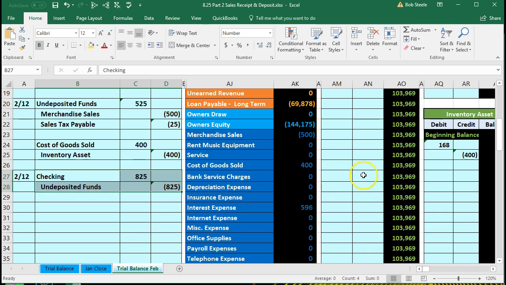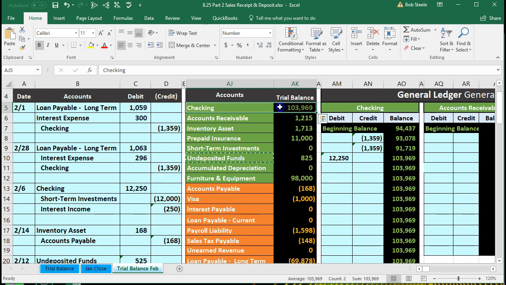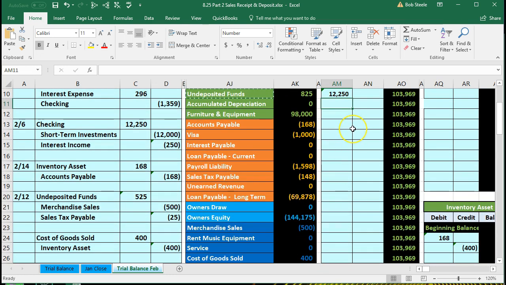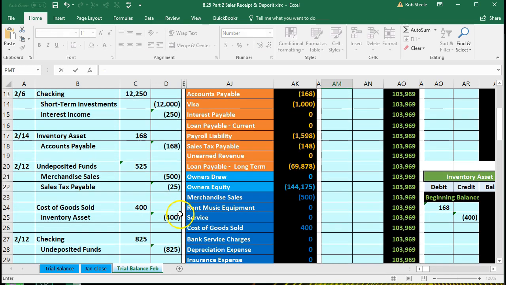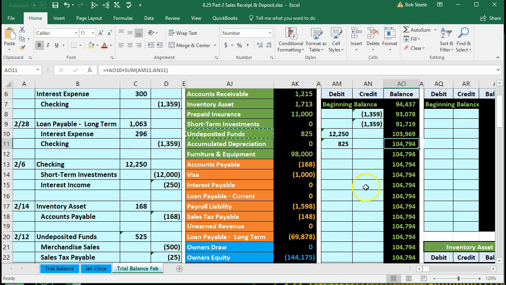Here's the checking account. So checking account is our first account here. It's going to be the first account on the general ledger. Then we're going to be down here in AM11. We'll scroll down a little bit, and we're going to have to scroll down a little bit more to find this. That's okay. We're going to say equals in AM11, scroll down a tad, and get to that 825 and enter. So that's going to bring the checking account up to